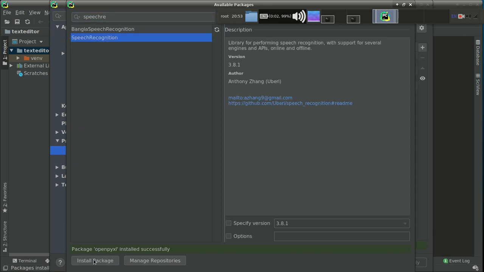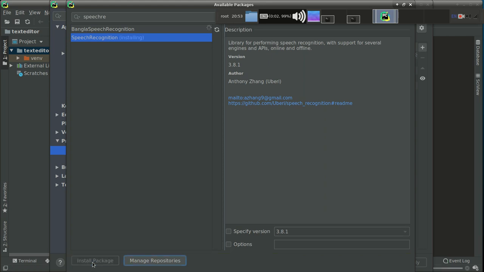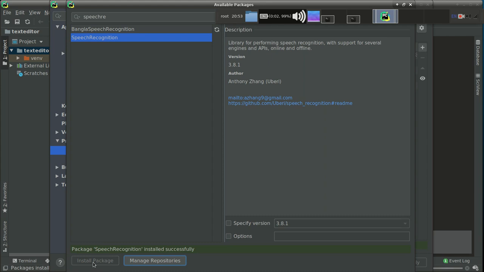Speech recognition is very useful for the mic. In my previous video you can see there is an option for mic, so for working with the mic we have to install this library. Yeah, it's installed.